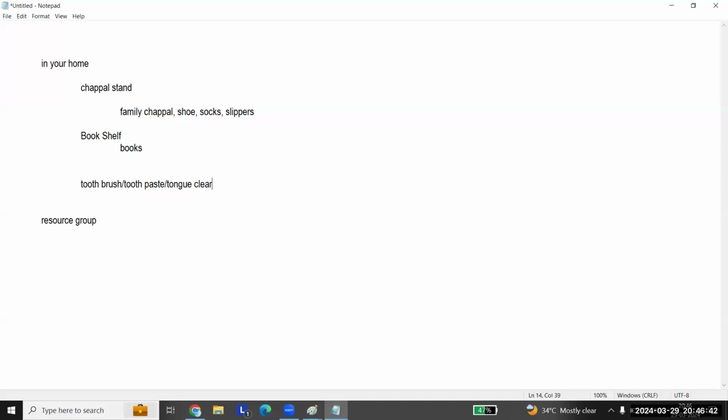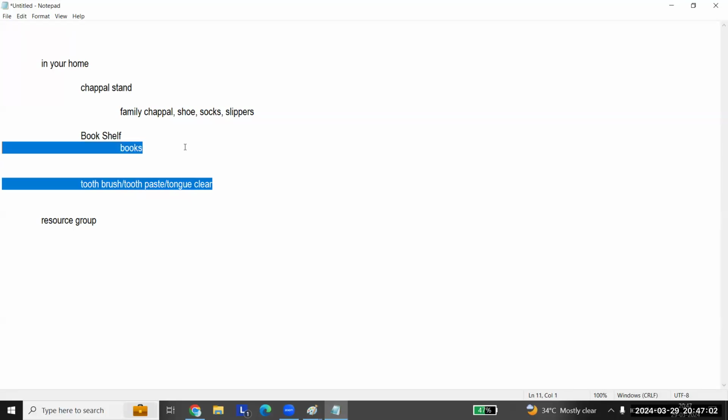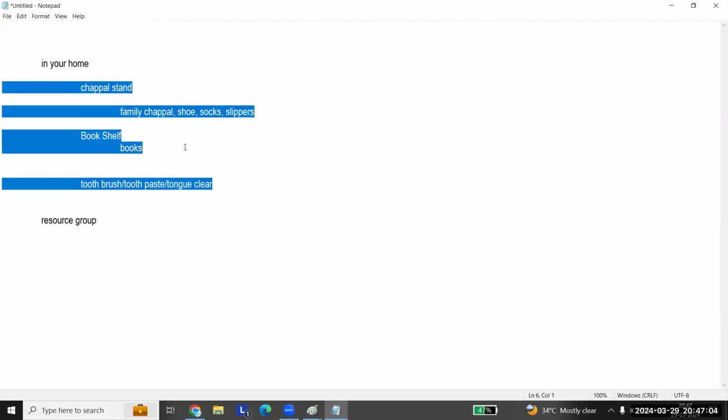These also you put into one container, right? Why do you put them there? Because those are specific items required for that purpose. You place them in one vessel or a stand, whatever you feel like. So that is the reason I was telling the bookshelf, chapel stand, and toothpaste stand also.